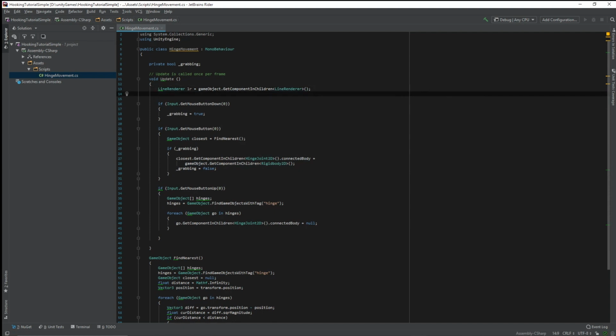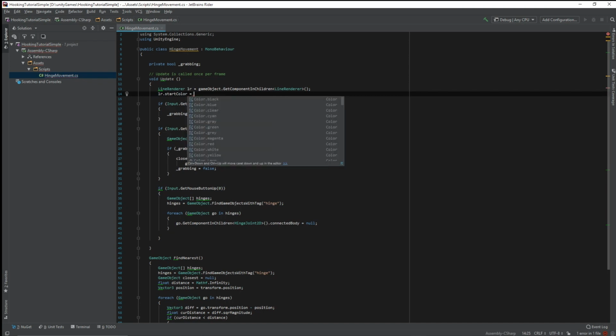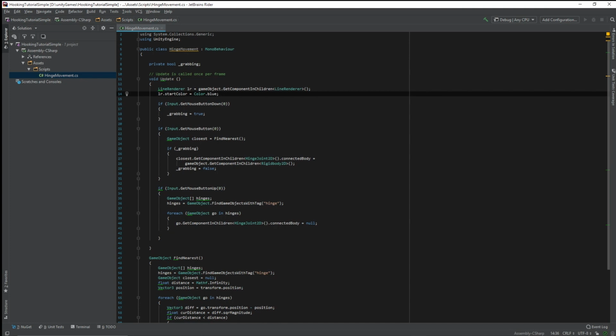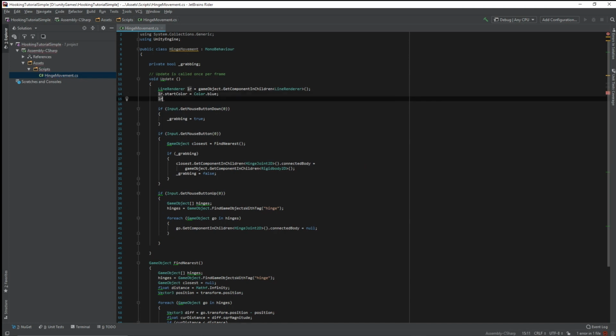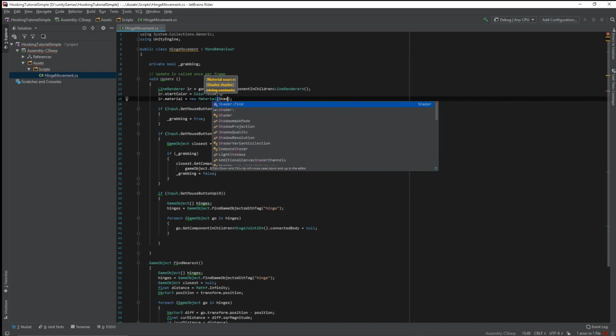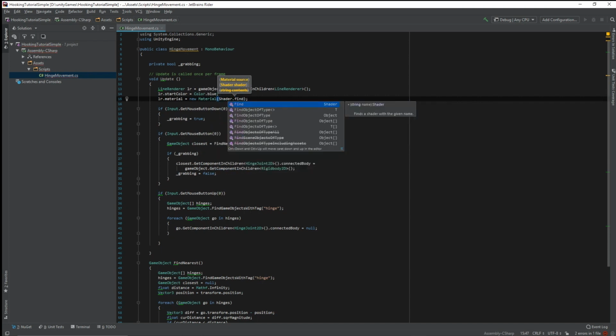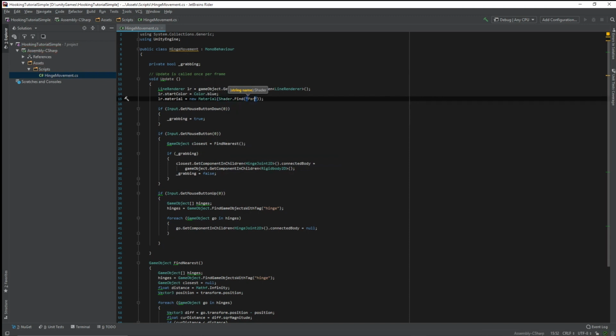Cool. And the start color, it doesn't really matter because we're using a specific material anyway, but we would just say it's blue. And the material, this part is really important. You can use whatever material you like, of course. For the sake of simplicity, I'm just going to go with one that I know you have, and so that's going to be Shader.Find, and it's going to be Particles/Alpha